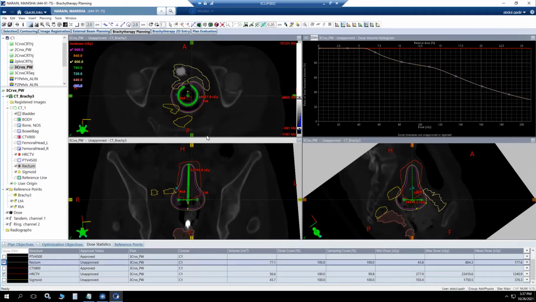Do you do interstitial brachy with needles? We have acquired the